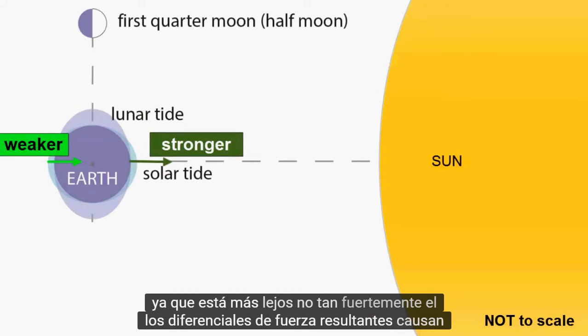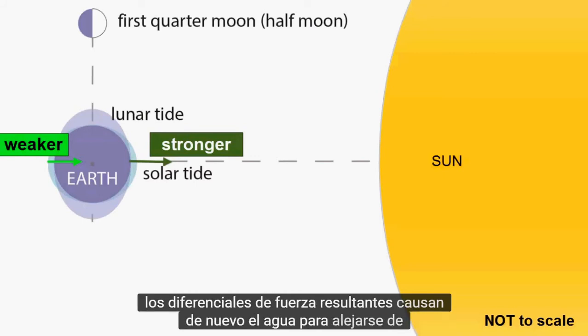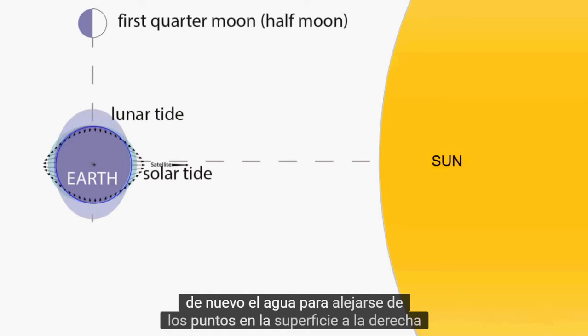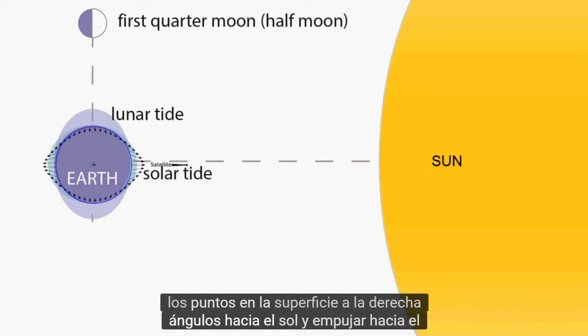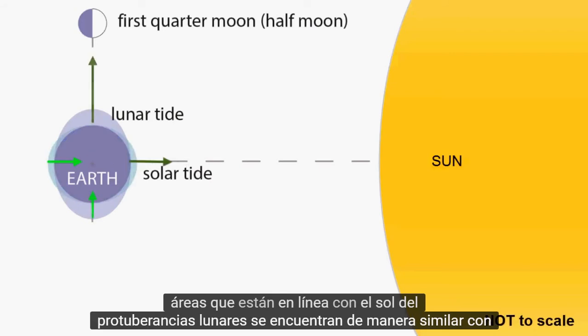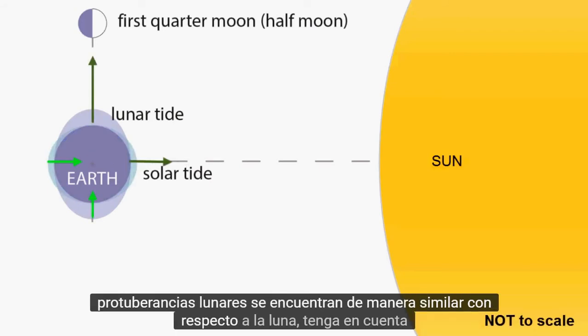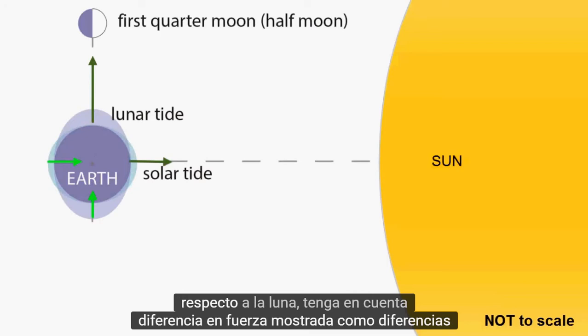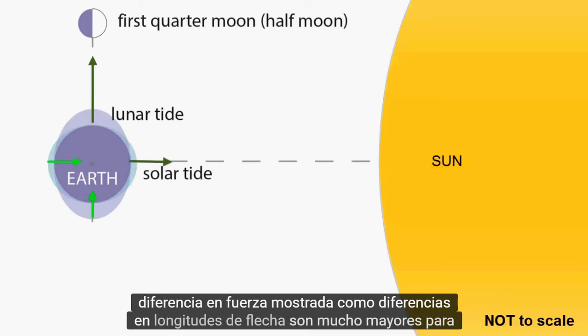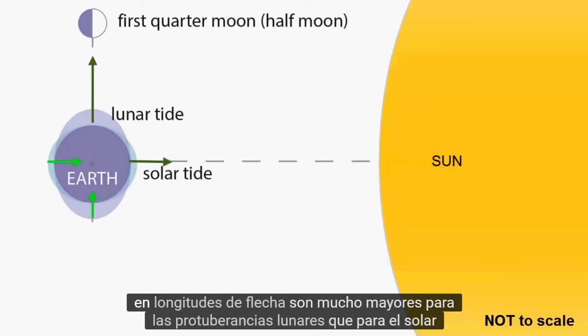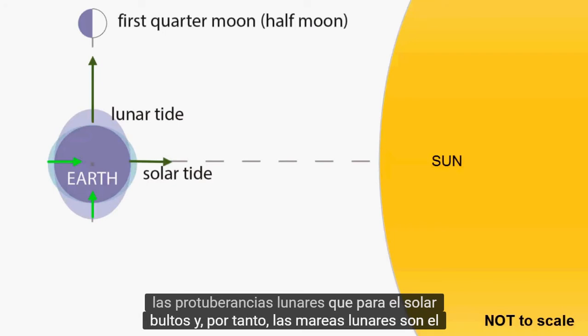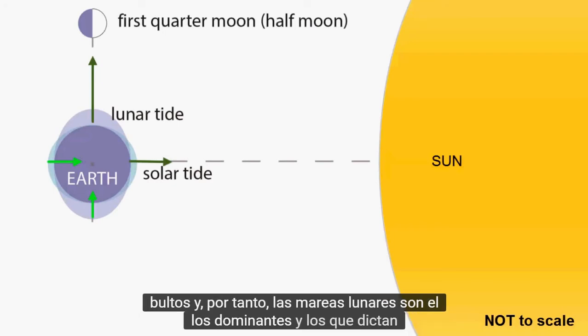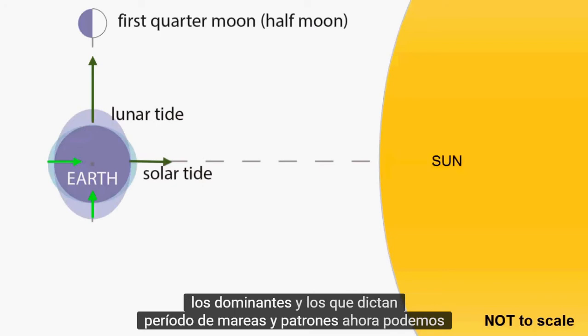The resulting force differentials cause again the water to get pushed away from the points on the surface at right angles to the Sun and pushed toward the areas that are in line with the Sun. The lunar bulges are situated similarly with respect to the Moon. Notice the difference in force, shown as differences in arrow length, are much greater for the lunar bulges than for the solar bulges, and hence the lunar tides are the dominant ones and the ones that dictate tidal period and